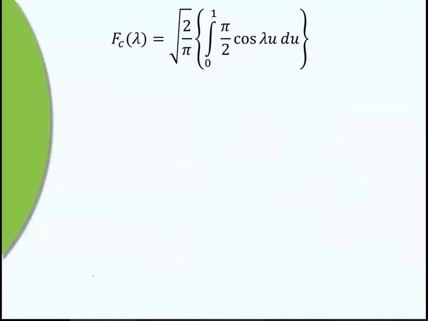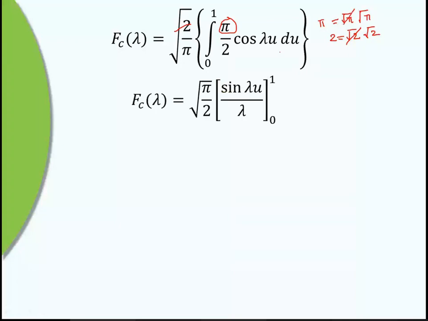Second and third integration get cancelled because both the integrations are zeros. Only one integration we get. Pi we can write as root pi into root pi, and 2 can be written as root 2 into root 2. Then cancelling some of the terms, one root pi gets cancelled with one of the root pi from here, and root 2 gets cancelled with one of the root 2 from here. So the remaining term will be root pi by 2.